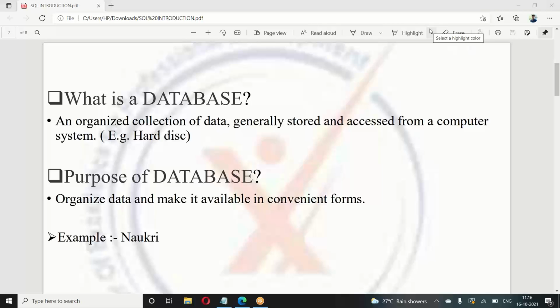What makes a database special is that it helps you organize all the data you have in a collective format. You can keep all the audio files aside, all the video files aside, and the documents aside. So you have the liberty to